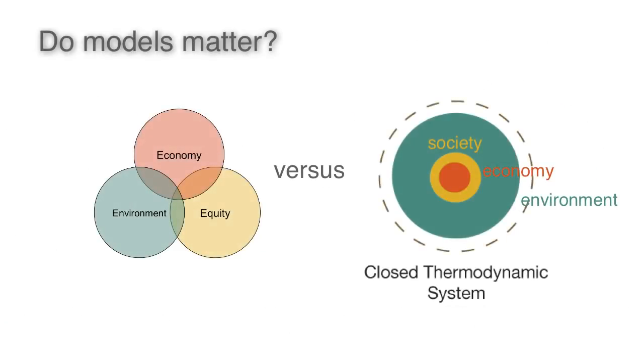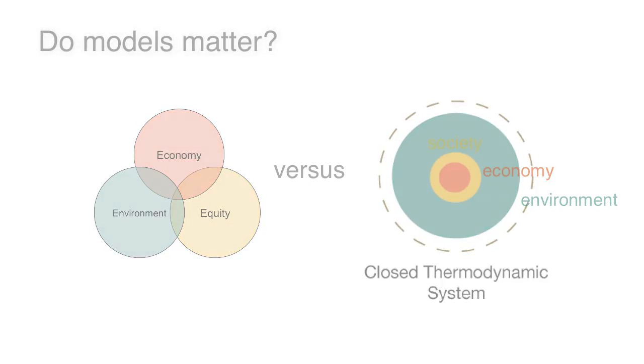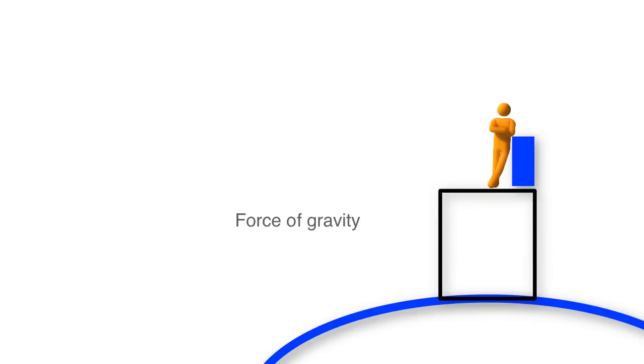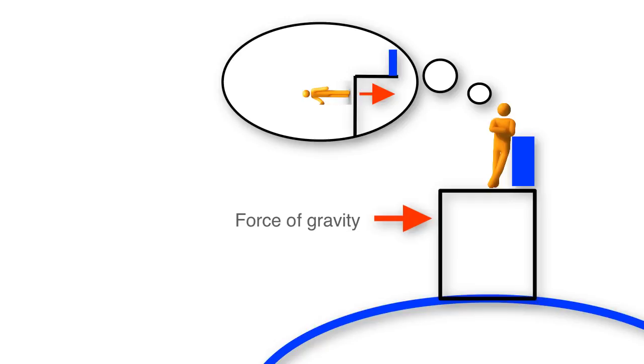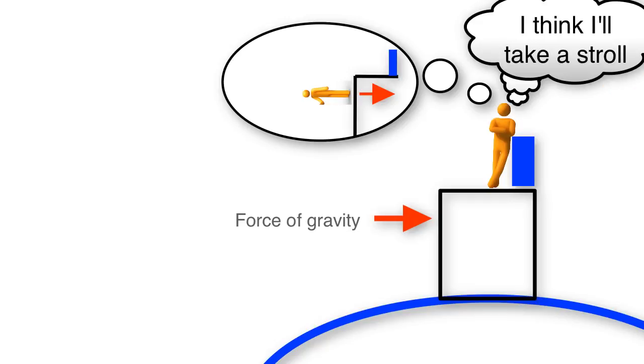You might think it trivial to think of how the idea of sustainability is represented, but models have a powerful influence on how we think of things. Consider what it would be like if we drew the force of gravity pointing like this instead of toward the center of the Earth. How would this inaccurate model of gravity influence our decisions?